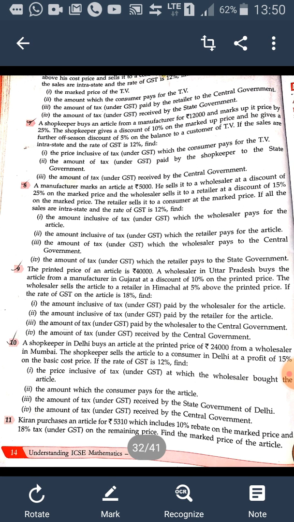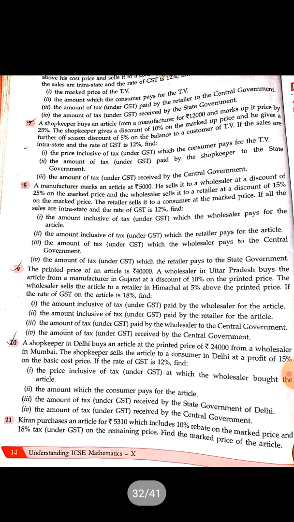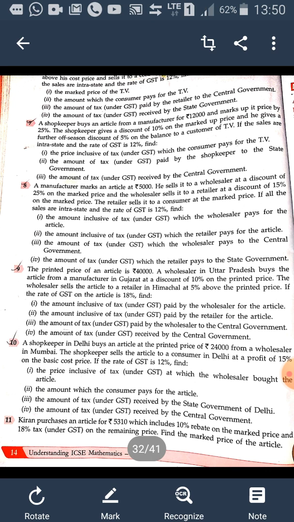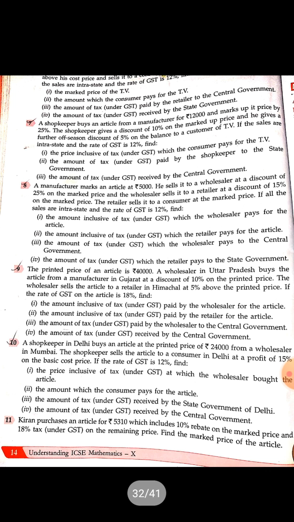The printed price of an article is 40,000. A wholesaler in Uttar Pradesh buys the article from a manufacturer in Gujarat. So this is not the intrastate sums which we have been doing, not within one state. This is between two states. So this is an interstate transaction between Uttar Pradesh and Gujarat. The wholesaler in Uttar Pradesh buys an article from the manufacturer in Gujarat at a discount of 10% on the